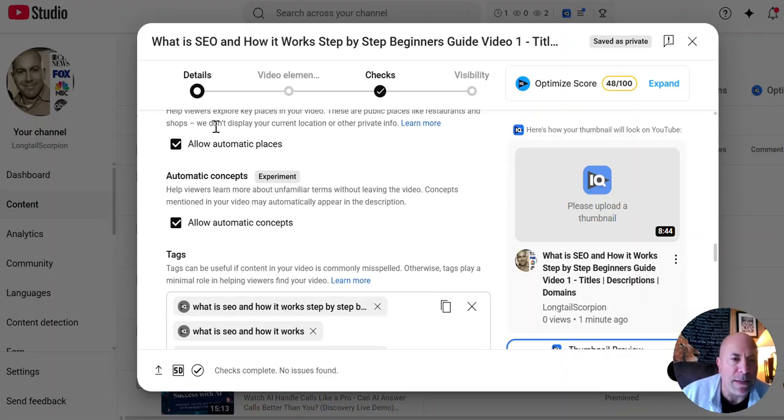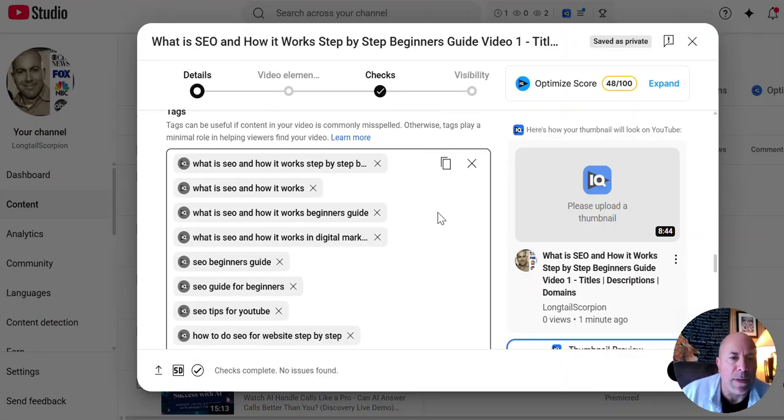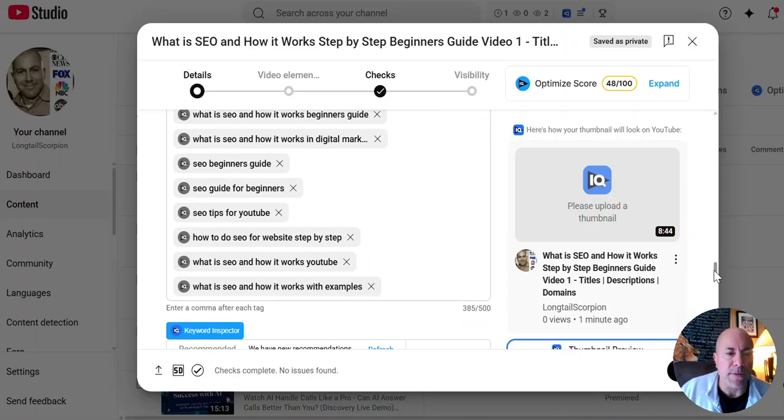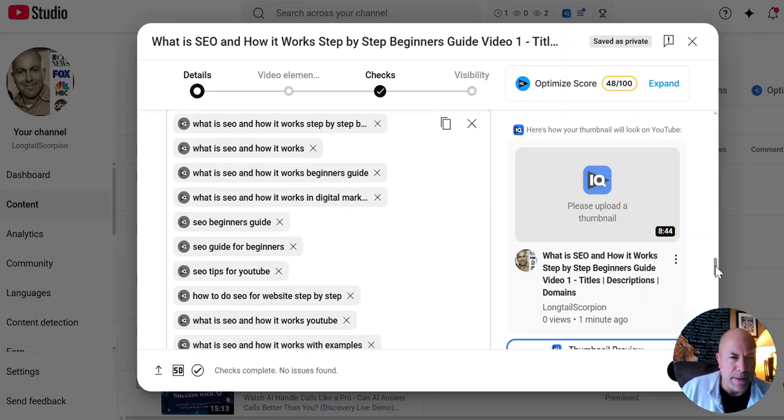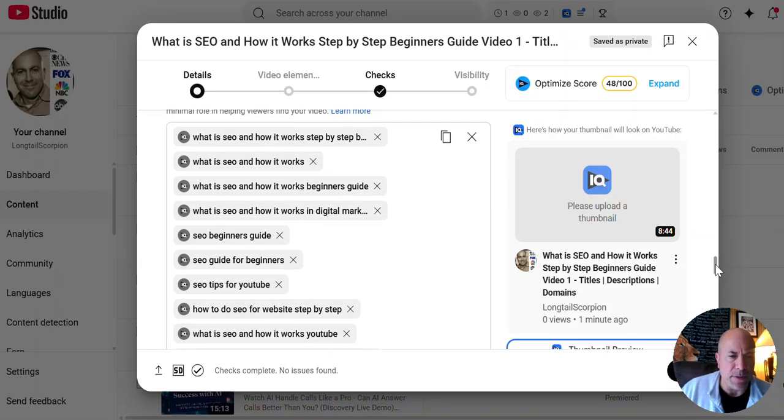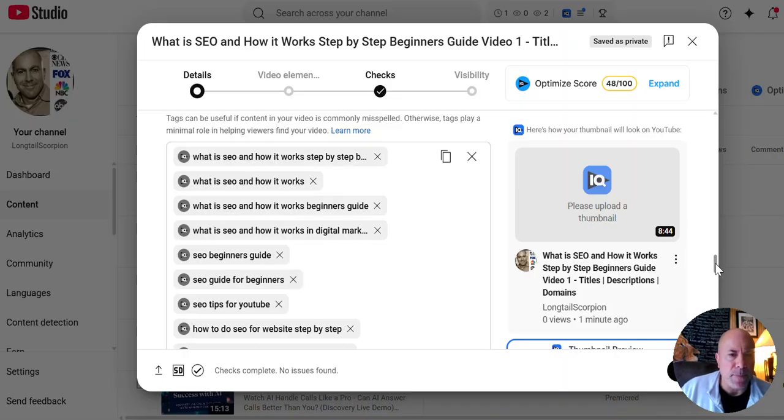And then I'm just checking these normal features there to allow that. And then I had a bunch of AI keywords in this box because of the settings that I had already done for my AI, for AIsalesify.com. So I had to X out all those old AI keywords, and I added all these keywords in it. Okay. So you can see here, they're all related to what is SEO and how it works. And I added a few different ones in there, as you can see. So that should be good for